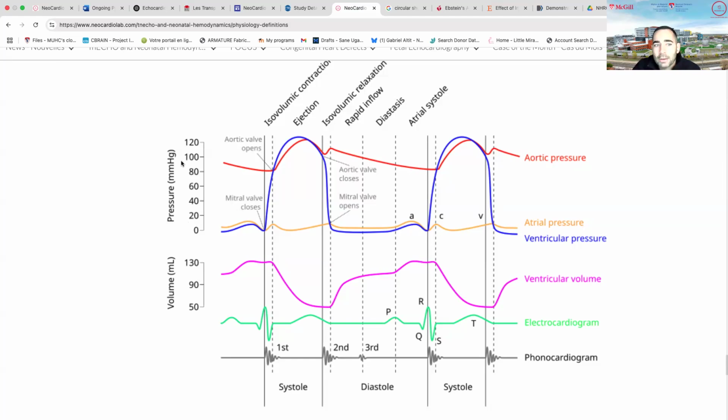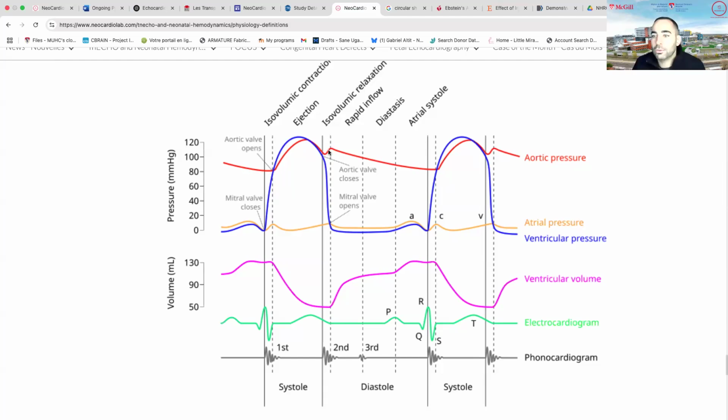And so here, you have the pressure that is being generated, and here you have the volumes that are being generated, and you have here the P, the Q, the R, the S, the T waves that represent the electrical activation. So it's important to understand these pressure loops, because if you would go in the cath lab and put your catheter in the ascending aorta, that's basically the loop you would be measuring, with a dicrotic notch,